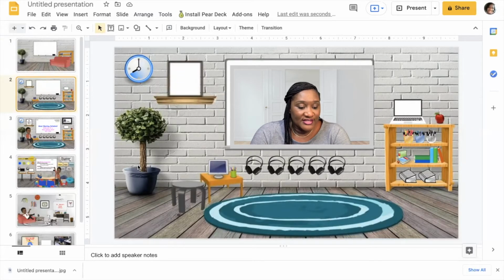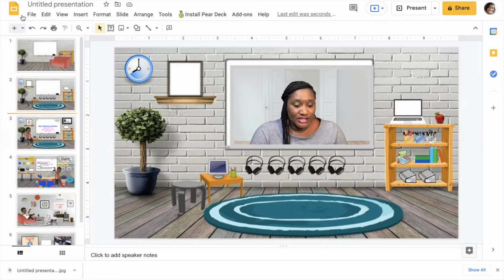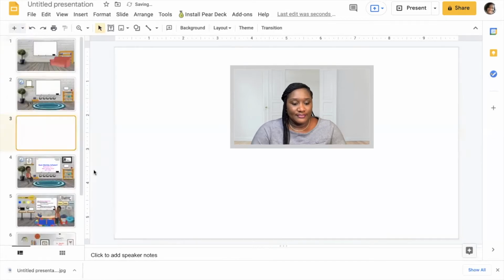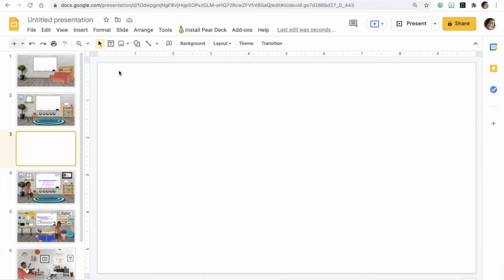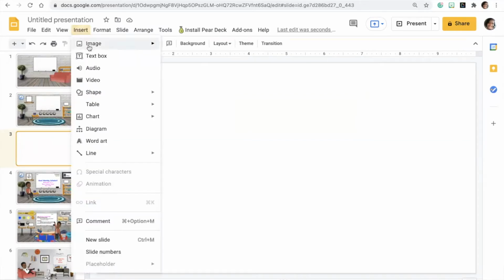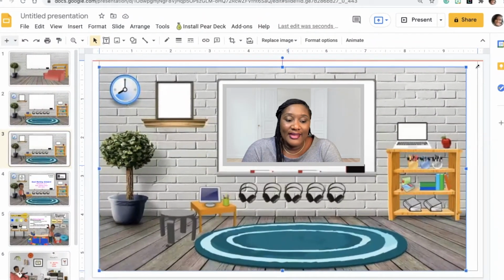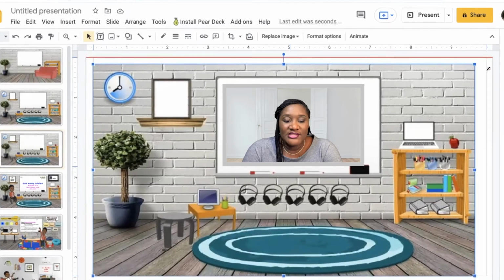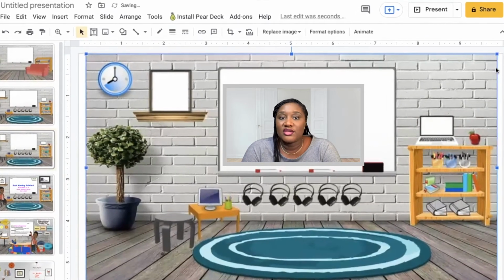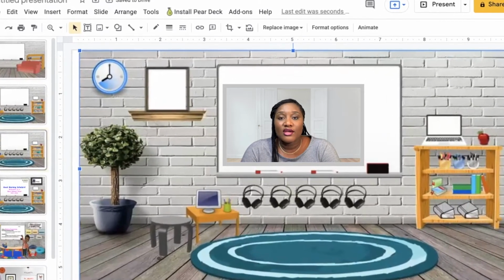With that standard background, I'm going to insert a slide to show you how I bring it in. So I took a picture. Now I need to upload from my computer the background that I just created. Again, this is my template. It's like my skeleton that I use for my classroom,